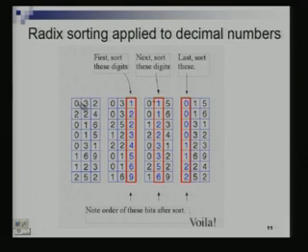After the first step, as you can see, there is a 1 here, there are 2 2s here and so on. The unique one is 031, so 031 becomes the first number, and then there are these 2 2s, 032 and 252. 032 is the second number because it is stable. So, 032 is next, 252 is the third and so on. So, I sort with respect to this. Next I sort with respect to this. There is a 1 here, 015, there is another one. I will first put this and then I will put this, and so on. And as you can see, at the end I got a sorted sequence.